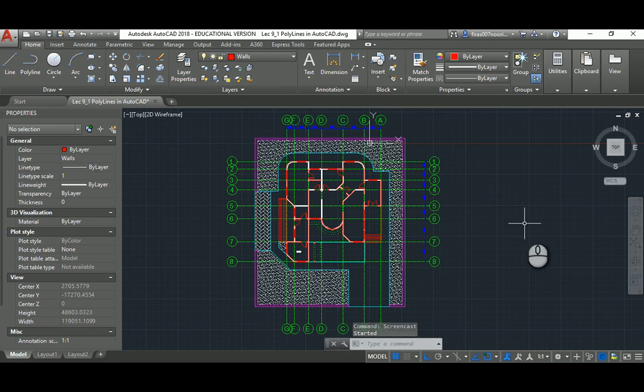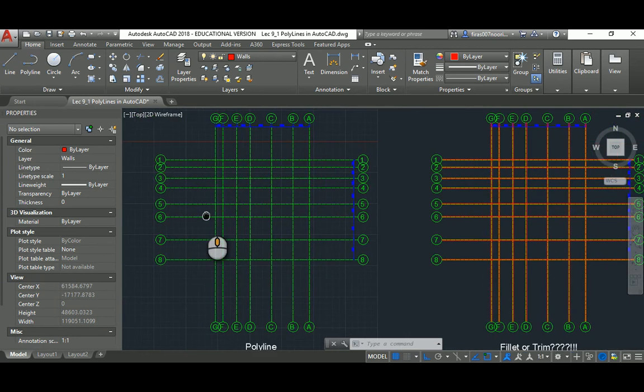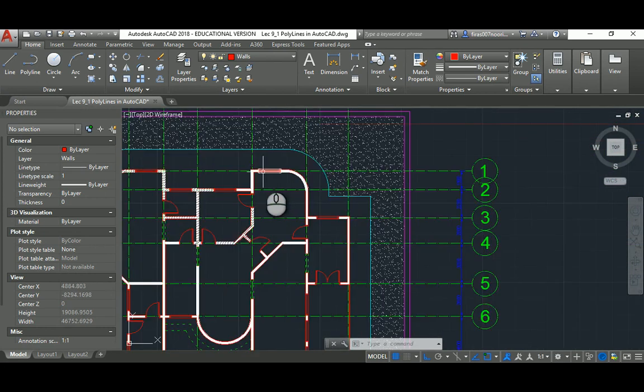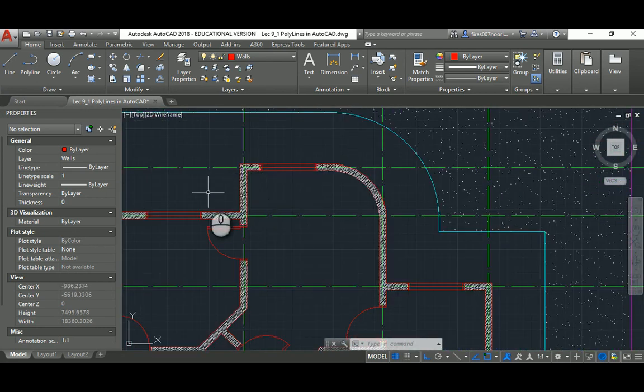Everyone, this is lecture 9 in its first part, and I'm going to talk about Polyline. Polyline is one of the most important commands in AutoCAD, and you might notice that when I was drawing this plan for the midterm in the previous lecture, I used one of the commands that's like a get-me-out-of-the-problem command that we always fall into if we have a grid with a wall based on it, and instead of having